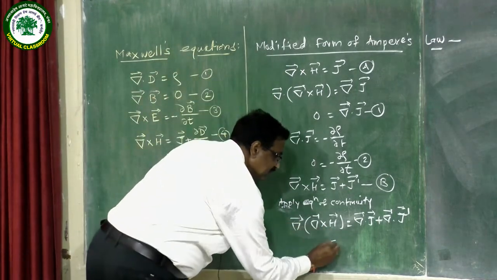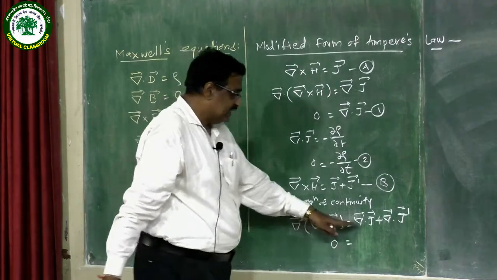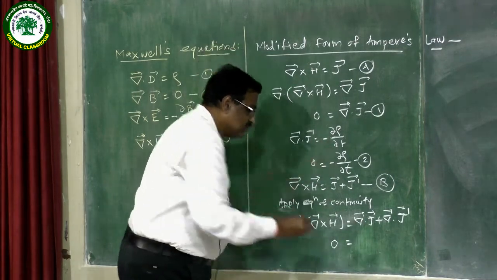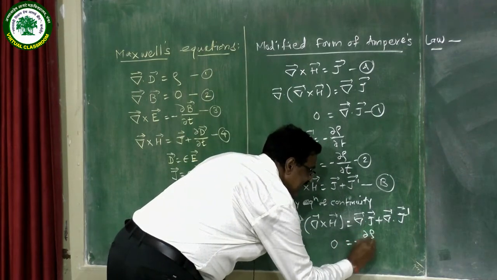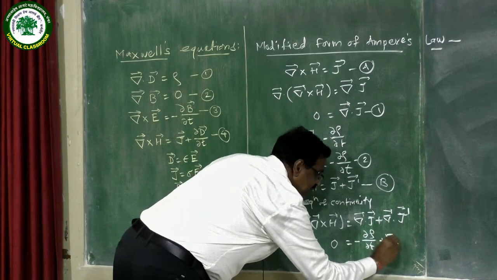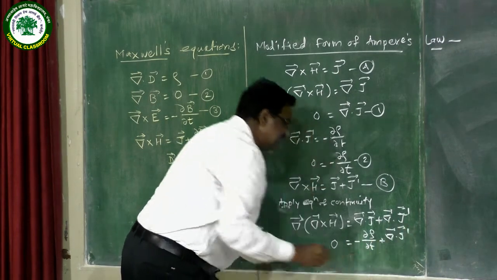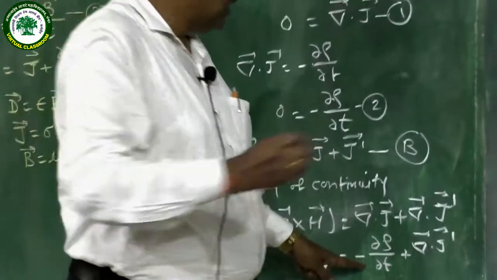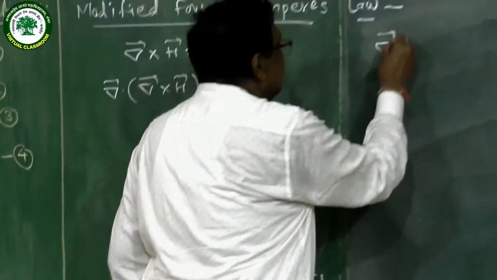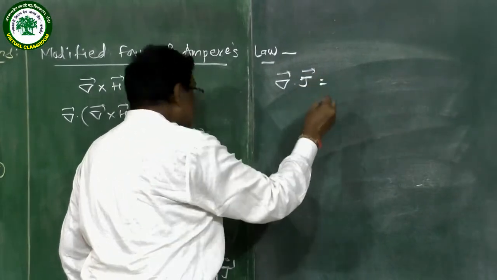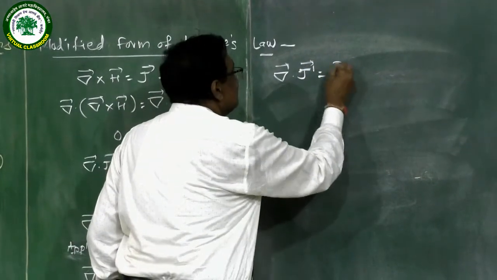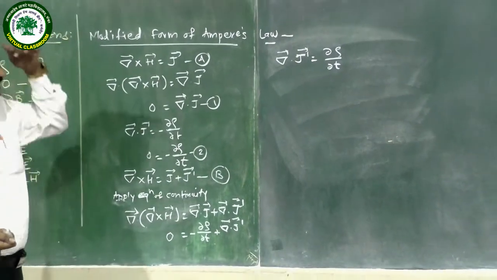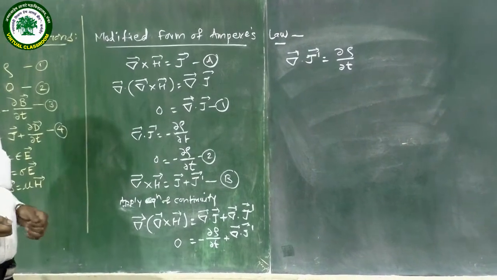So this equation is equal to 0, which is equal to, now according to the equation of continuity, we know that divergence of J equals minus ∂ρ/∂t. So we put this value in this equation: minus ∂ρ/∂t, plus divergence of J dash. So this equation does not become equal to 0, meaning there are some dependent parameters which occur, and so we get a new equation, that is divergence of J dash is equal to ∂ρ/∂t. This is the modified equation, and J dash is given by using this equation.